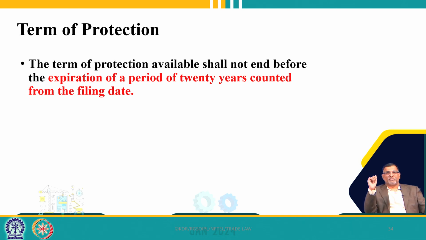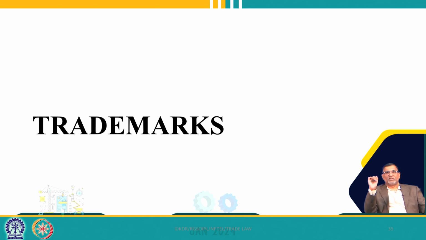So, the term of protection is now very clearly mentioned. The patent term is only 20 years, counted from the filing date. This is uniform among the 164 member countries in the world. So, with regard to patents, the provisions put the basic minimum criteria of protection under the TRIPS agreement, the patentability criteria are also mentioned, exemptions are also made, and the provisions for compulsory licensing are also made in the TRIPS agreement.